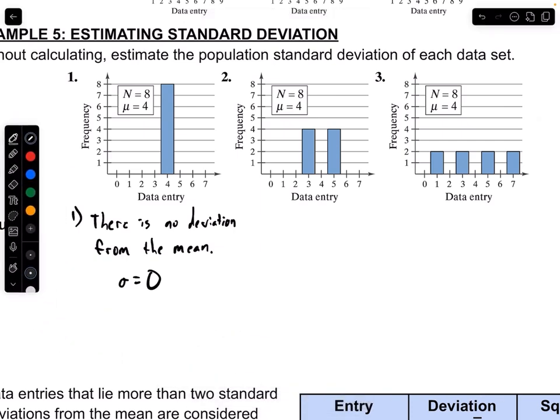In problem number 2, now we have this mean of 4, right? Our mean is right along this 4, and we have some data that is to the left and some data that's to the right. Both of those two groups of data are at 3 and 5. So everything either is 1 less than the mean or 1 more than the mean. So what happens here is that,